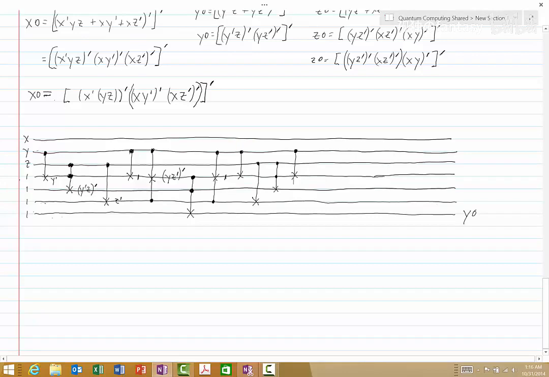That means that over here we will still have X, Y, and Z, but not only that, all of our scratch lines will be at 1, and so now we could continue on from that point